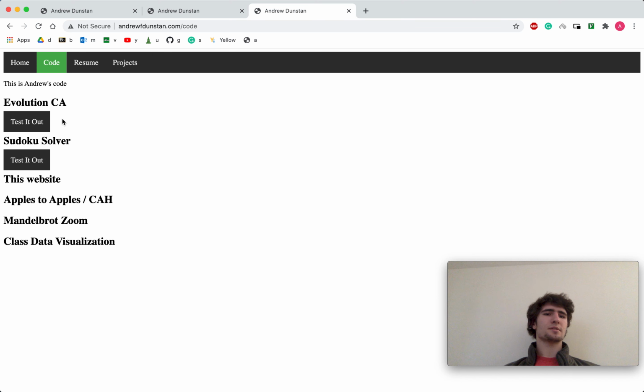I'm in the process of uploading all of my projects that I think are worthy of being on this website. I have two of them right now. This one is just a simple little JavaScript applet that I wrote for modeling complex systems. And this one is the Sudoku solver that I wrote for this class. And if we look here,